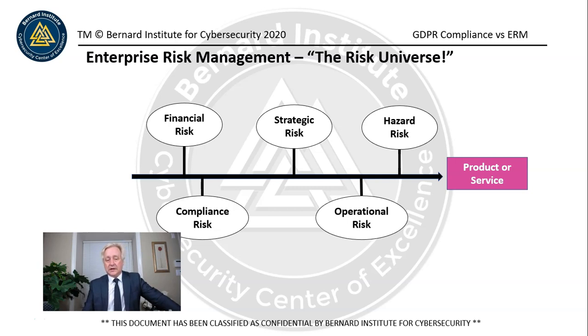Strategic risk and financial risk, we're seeing more and more of these being impacted by cybersecurity because of the breaches and ransomware. This is affecting our profile, our reputation, which affects our strategic plans for the future. Some organizations have gone Chapter 11, so their strategic future has been wiped out. Some of them have sold for less money. There's a lot of things around strategy that cybersecurity and GDPR and information security can help guard against.